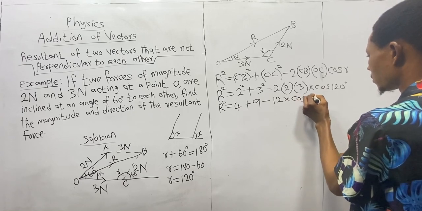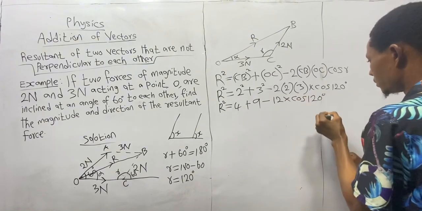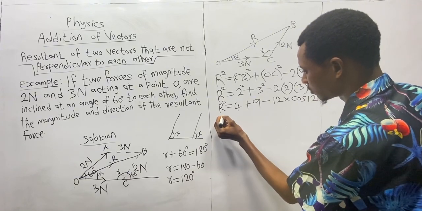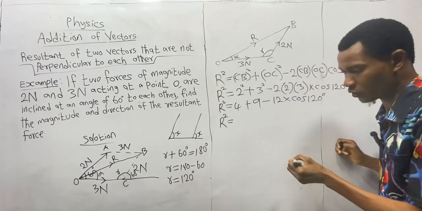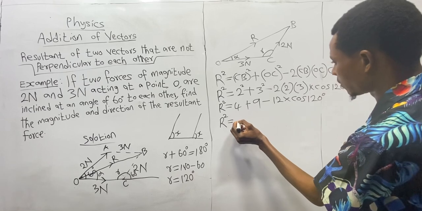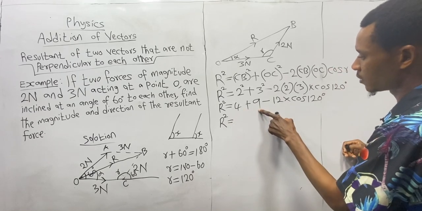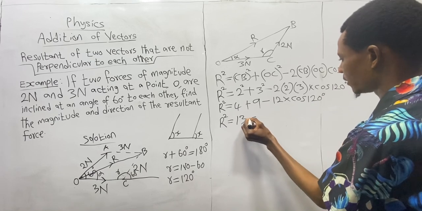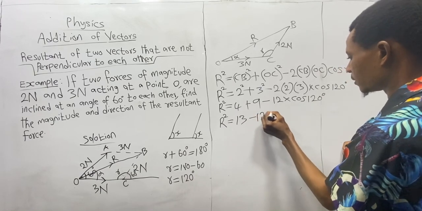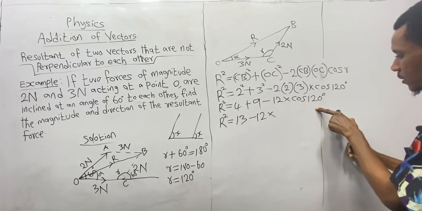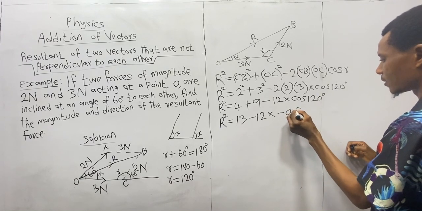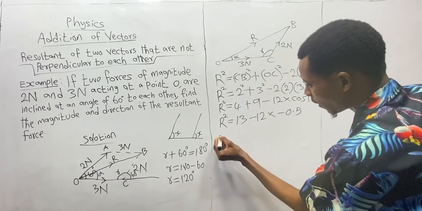cos 120 degrees. R squared will now be equal to 4 plus 9, which will give us 13, minus 12 times cos 120, which is equal to minus 0.5. So R squared